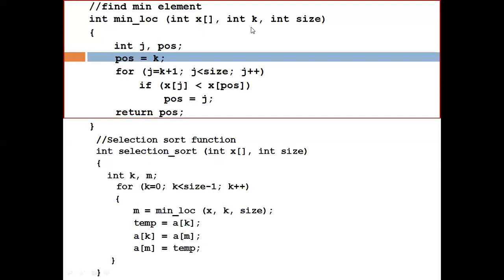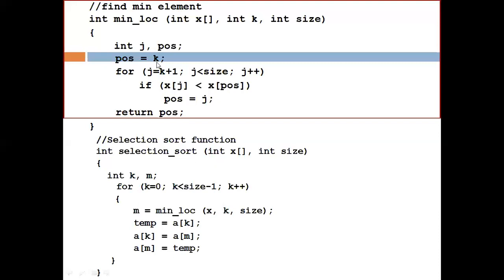This is the array from where we want to calculate the minimum element, and this is the array size. This j is the for loop counter, and we have taken pos to return the position of the minimum element. We initialize this position pos by k, because from the kth element we will find the minimum element.